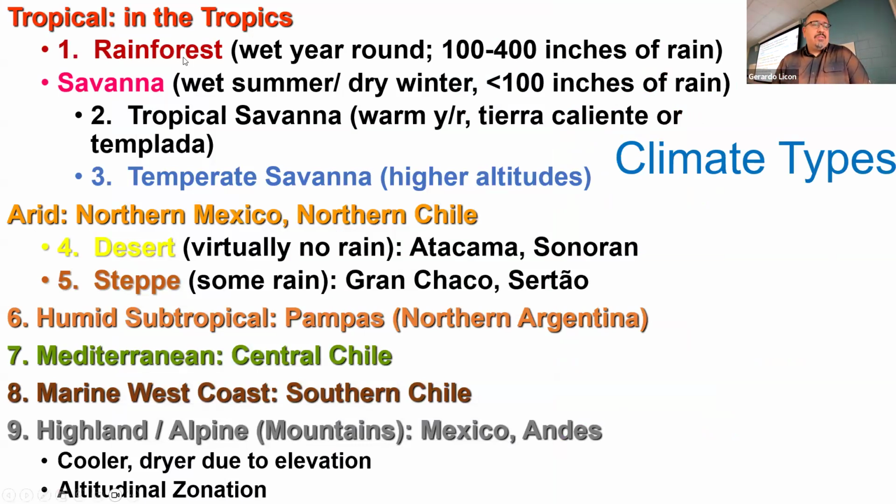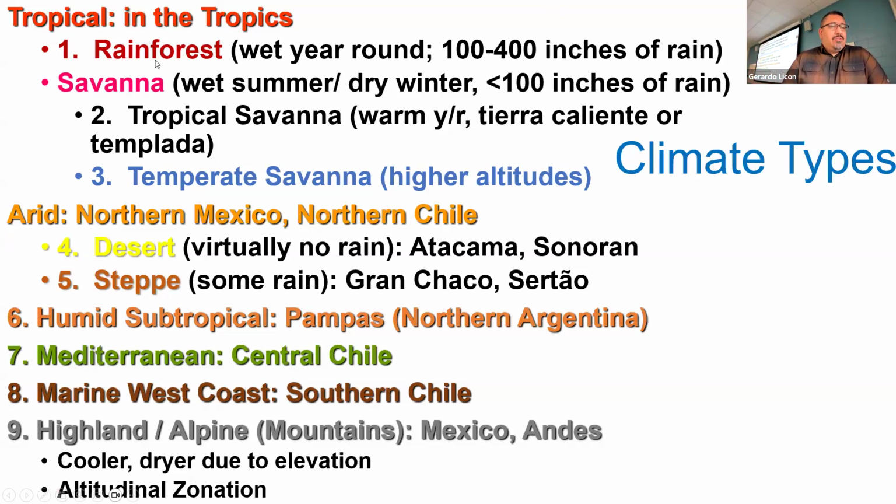But for the test, in the potential test questions, you're asked to distinguish these natural regions, these climate zones, from one another based on temperature, precipitation, based on seasons, and altitude when relevant. And so those are some of the things I'll try to introduce you to here. So first we have the tropical